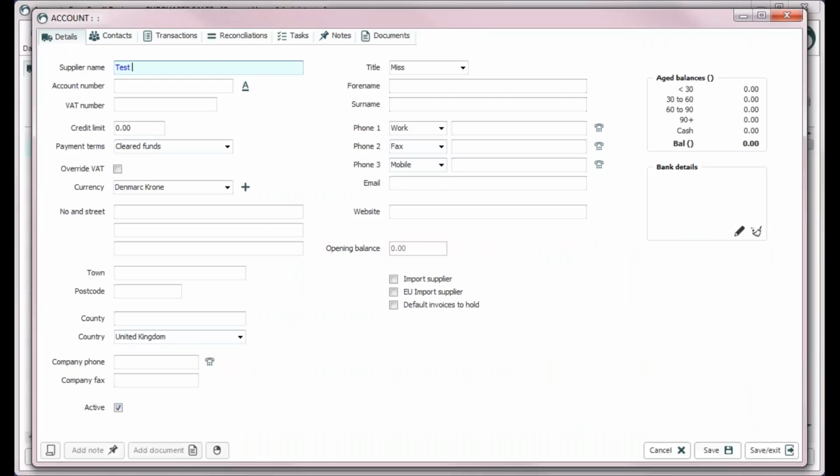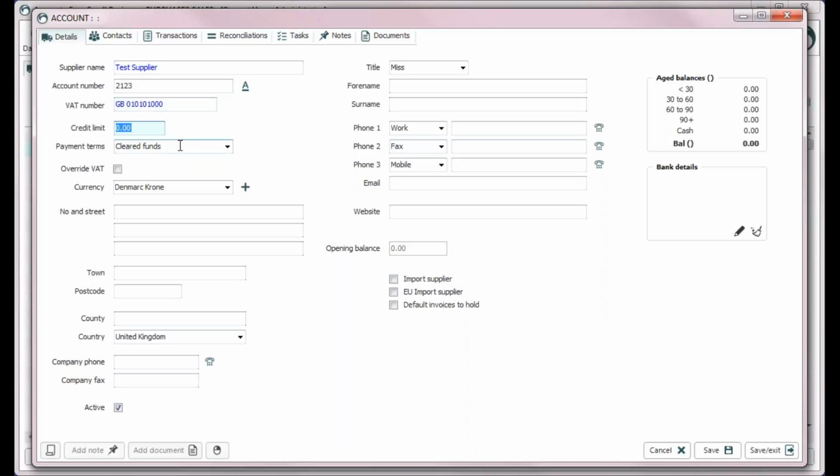So I'm going to put in my usual favorite, test supplier. I'm going to give it an automatic account number. This button here creates an automatic number. You don't have to do that. That is purely if you want to. You can override that manually with any sequence you so choose. The only requirement is if you set one, the account numbers have to be unique, but you do not have to do so. I'm going to put in the supplier's VAT number,